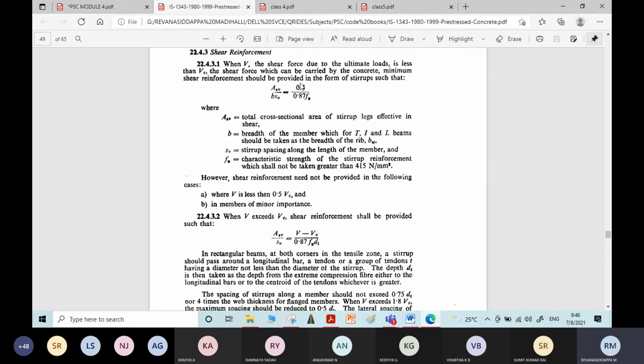As in the case of a singly reinforced beam, we give a minimum of 2 bars at the top, right? Even if it is not required. Like that, we have to provide some minimum reinforcement using this formula. We have to select some stirrups, whether two-legged or four-legged stirrups.